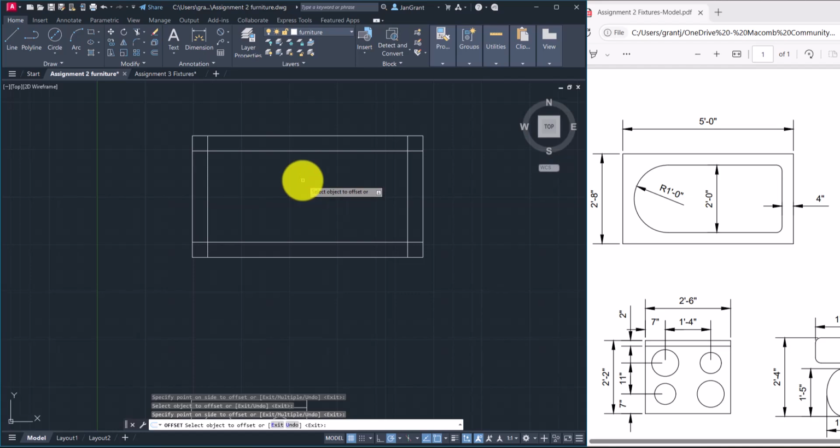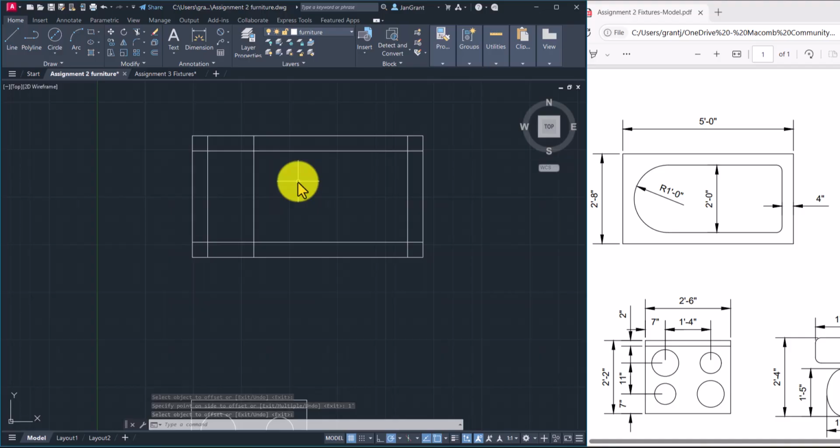Okay, so I need one more offset of 1 foot. I could just go 1 foot from this edge over. So I'll go ahead and click on this line at the left side, the one that I offset, pull my mouse to the right and type in 1' enter. So now I have all of that in place, and I'm ready to potentially draw my circle with a radius